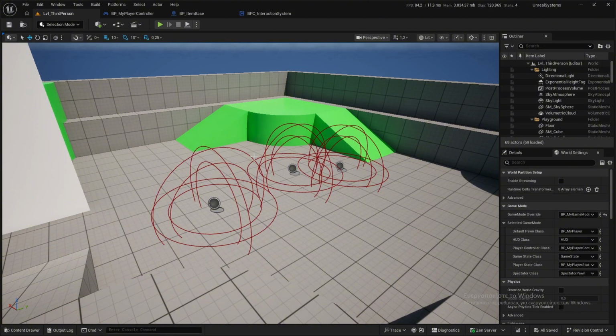Maybe I want something to indicate that I can interact only with this item, and then I can interact with another item. So maybe when I overlap, I set the overlay material, or I create some sort of widget to show the name. But for now, I will keep it this way,